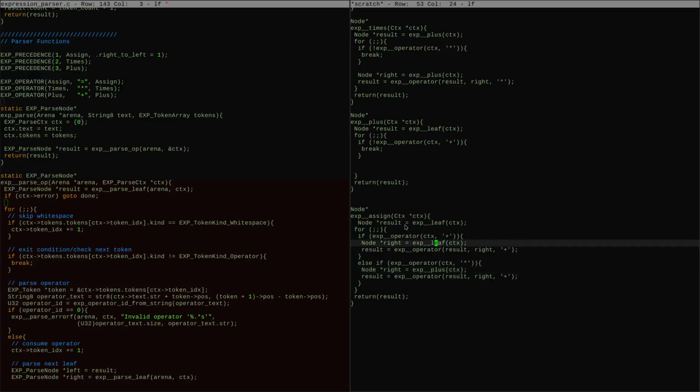So do plus really means that you do get a leaf, and then if there is an operator, right, you do something like this,